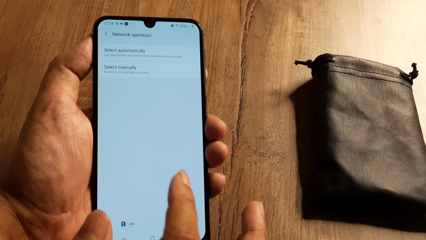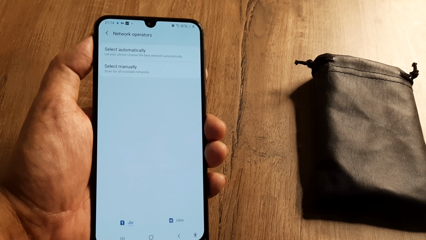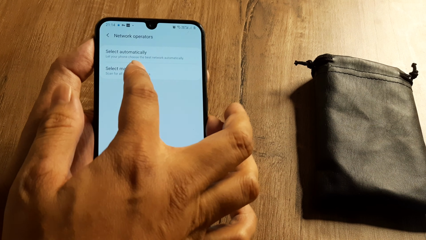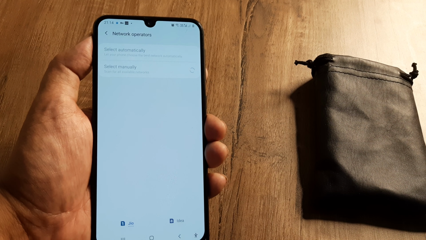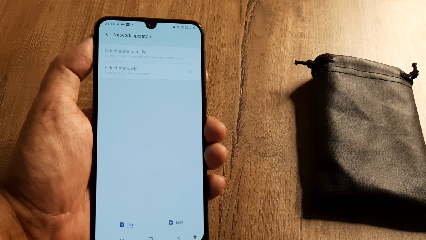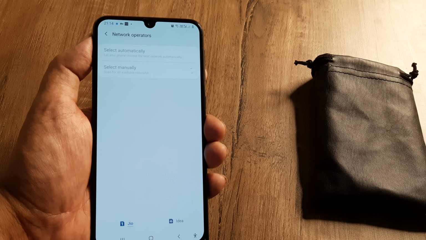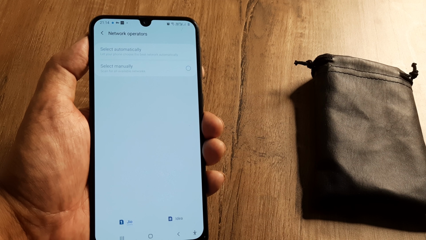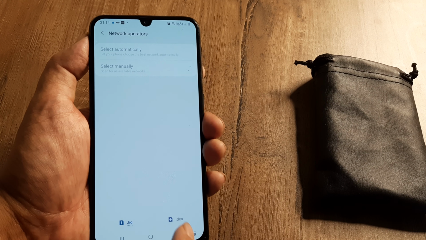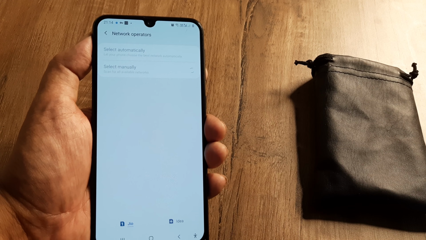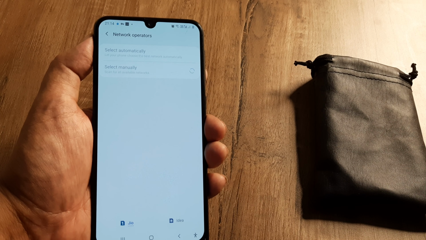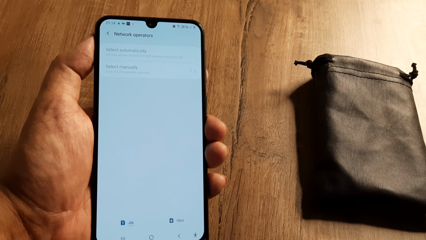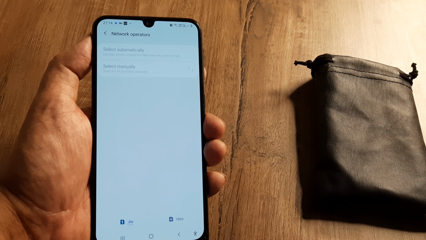Last but not least, I may forget this. In case you are still not able to get the internet, you can always select manually in the networks. So in Jio, I may try to search for networks. This is the worst scenario, when you are not able to find any network. Just try searching manually, and in case you find some network here, you may try to assign this. And if you have a dual SIM phone, you can try doing this for each of the SIMs individually, manually. That way it may also work in case the network is not accessible.